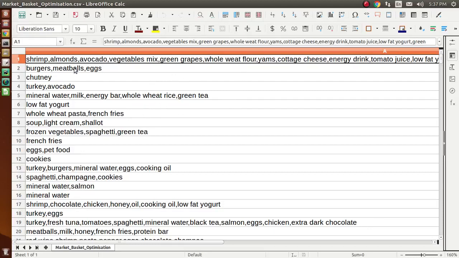Like you can see over here, we can find shrimp. We can have shrimp with burgers, almonds with burgers and meatballs, avocado with burgers, meatballs and eggs, and we can have vegetables here with nothing else available.